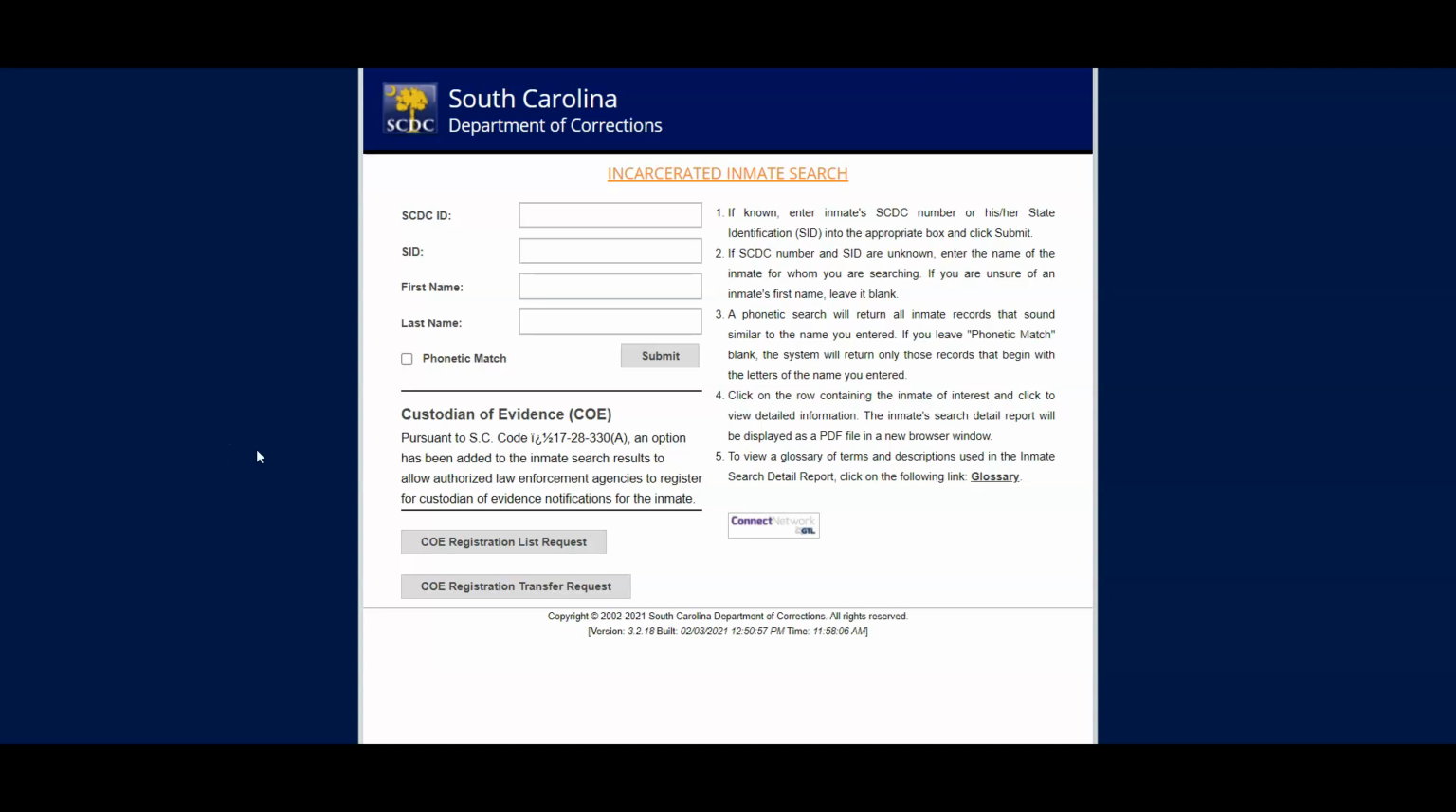Today we're going to be looking at how to find South Carolina inmates. South Carolina's Department of Corrections offers a searchable database based on either a name or a couple of different identification numbers, either a Department of Corrections number for South Carolina or another state identification number. If you happen to have those, you can enter those in and get results right away. If you don't happen to have that info, which is the case for a lot of people, you can search